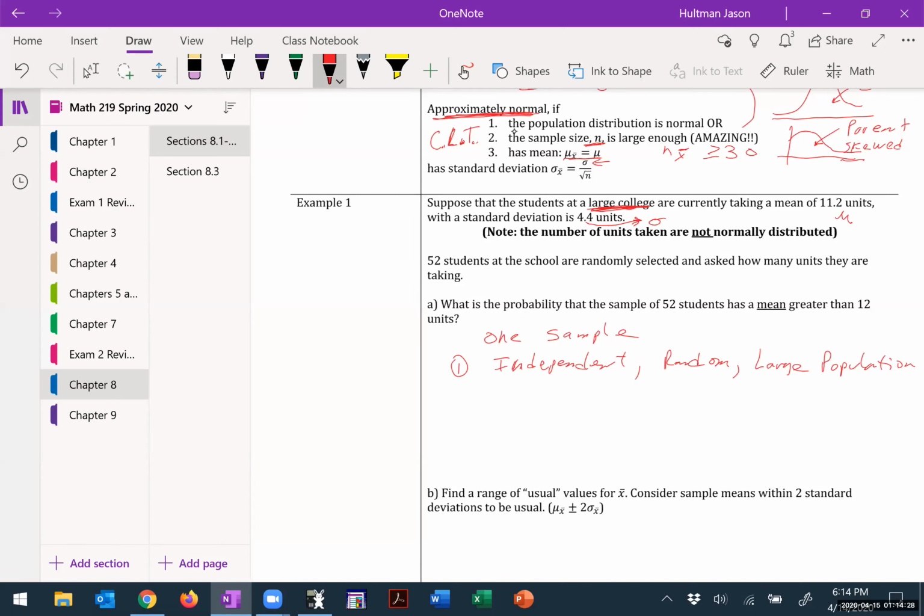Okay, then this fits the criteria for me using the normal distribution. So since 52 is greater than or equal to 30,